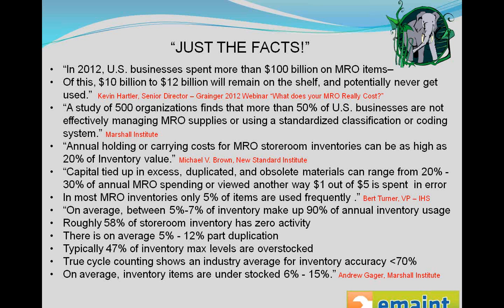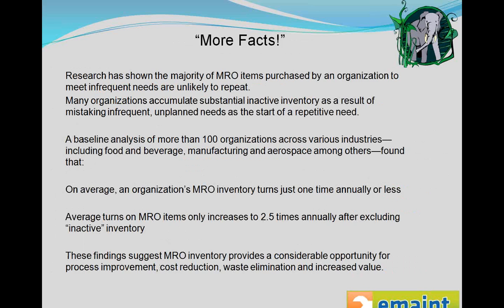And lastly, I'd like to look at the cycle counting. The industry average is right around less than 70%. Personally, I've seen it less than 50%, and just so everybody understands, we want greater than 95% accuracy. So as we look at the next slide for some more facts, we will see that research has shown the